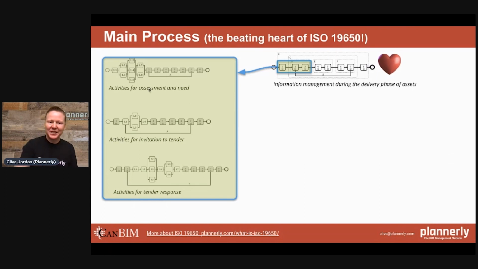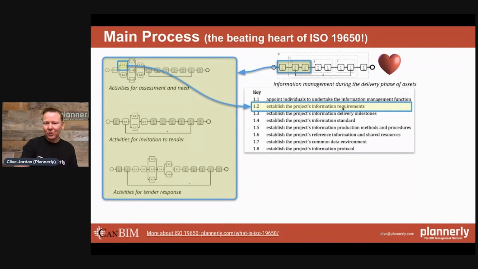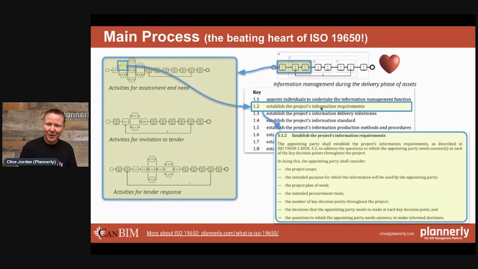If we look at the assessment and need, the second step calls for the owner, the employer, the client, the appointing party, to define their project information requirements. And for this step there are specific guidance notes and requirements. You shall do this. You shall consider this. These parts are where we start to see project scope.